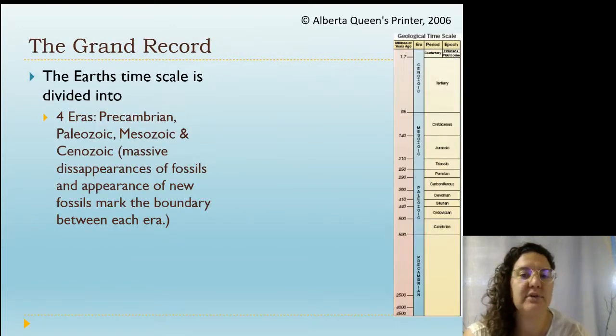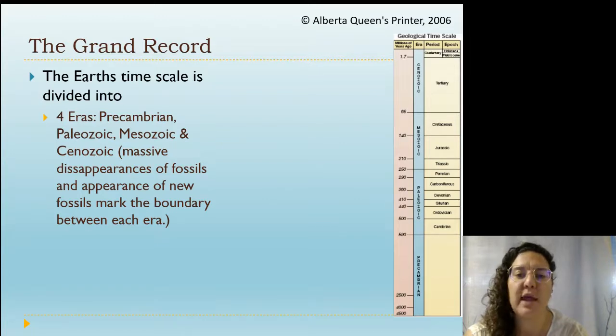So this image is in your data booklet. The Earth's time is divided into four eras: the Precambrian, Mesozoic, Cenozoic, and Paleozoic. And there were massive disappearances of fossils and appearances of new fossils between each one. So the Precambrian is at the bottom, Paleozoic second from the bottom, Mesozoic, and then Cenozoic at the